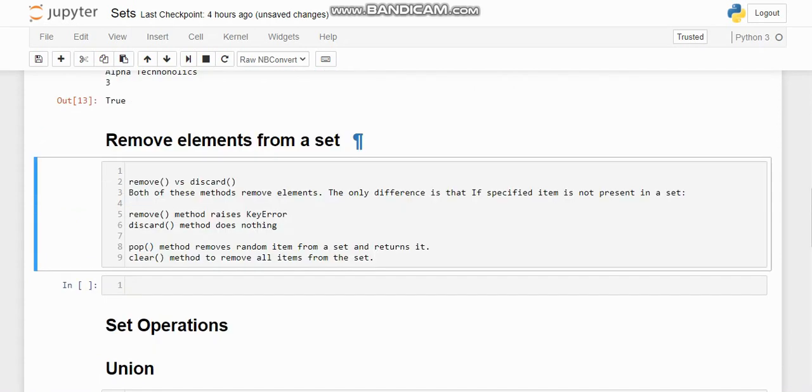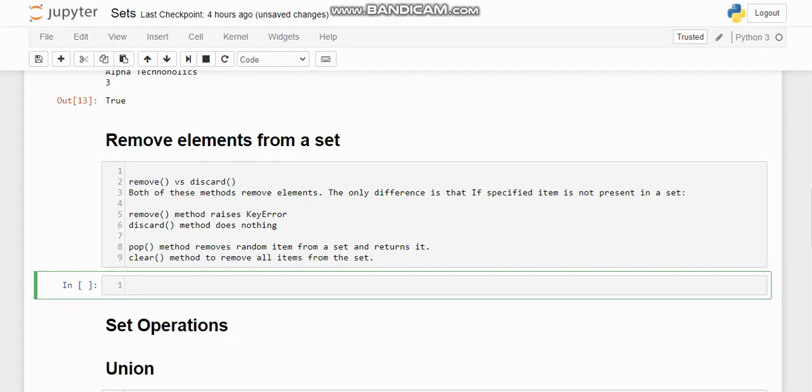After adding elements to a set, we will just see how to remove elements from a set. For that we are going to use first this remove function. Okay, before that we'll just see what values are present in the sets which I have already declared. So let's just see that first, so we'll decide what to delete and what not to delete.